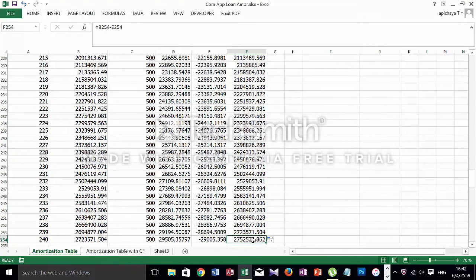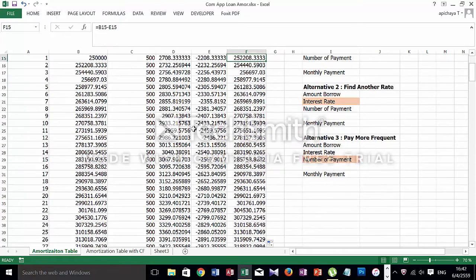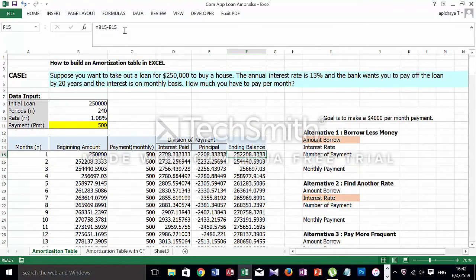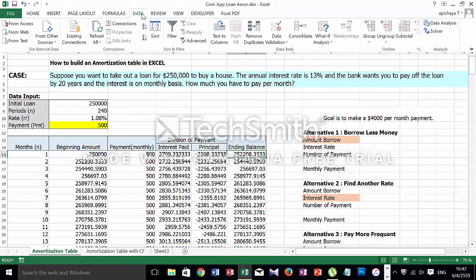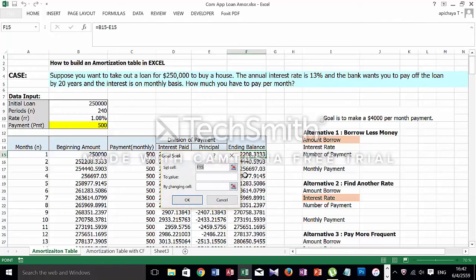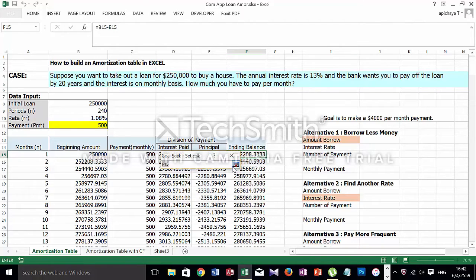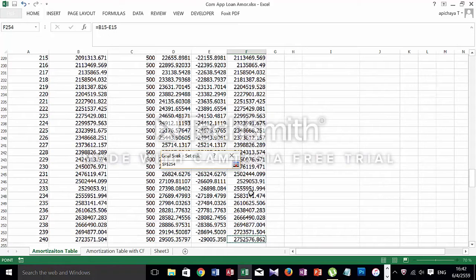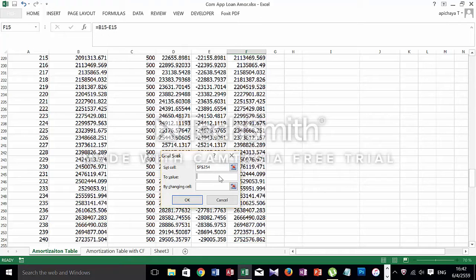So as you can see, the ending balance is not equal to 0. What we want to do is find the payment that will make the ending balance equal to 0. So here you could use the Goal Seek. Go to Data and Goal Seek. You will set the last cell of ending balance to the value of 0 by changing the payment,